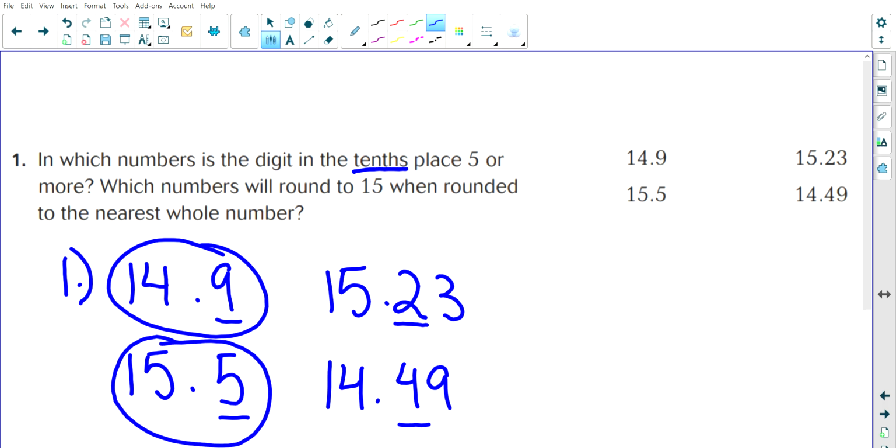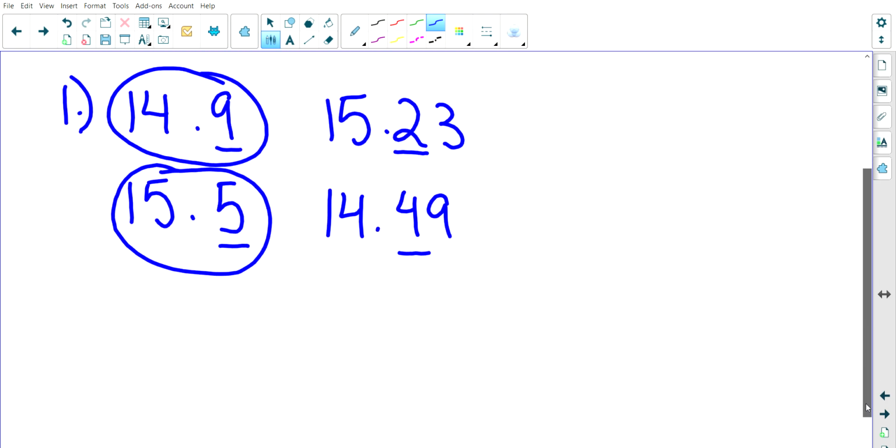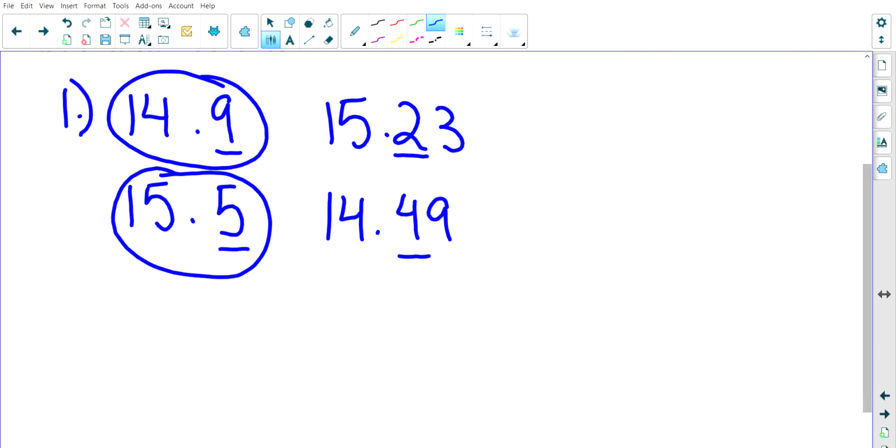And nothing else. Let's go ahead and stop there for a moment. Second question is, which numbers will round to 15 when rounded to the nearest whole number? So for that, we are rounding to the nearest whole number. So what that means is our rounding digit is going to be the ones place. So if you hear today in your directions or in our lesson together here, you need to be looking at the whole number. When you hear that, that means the ones place,